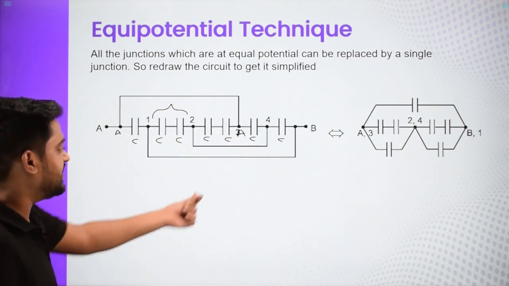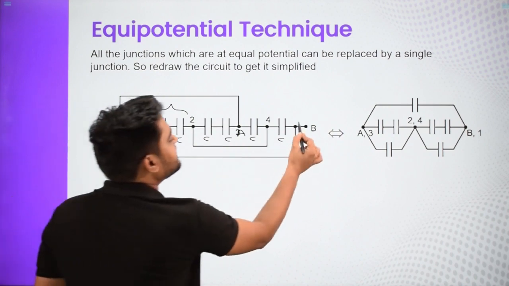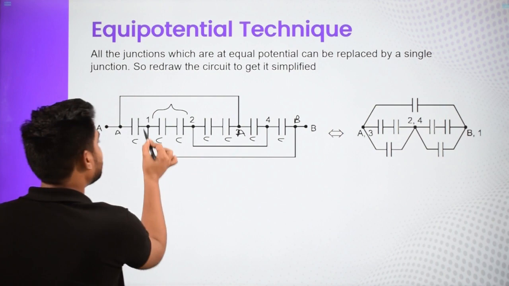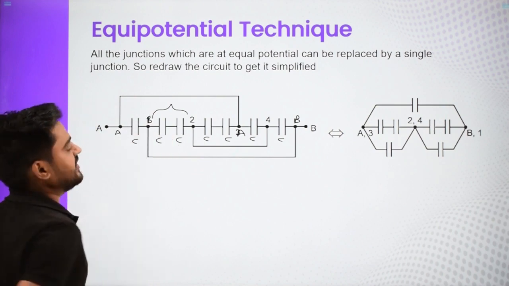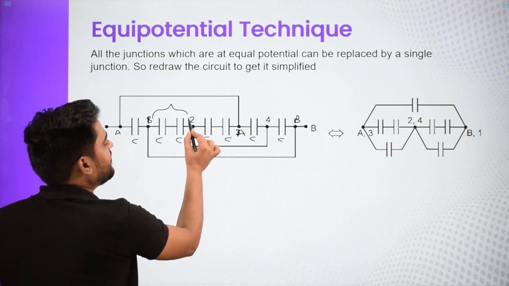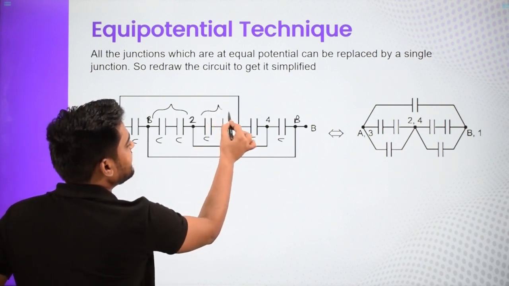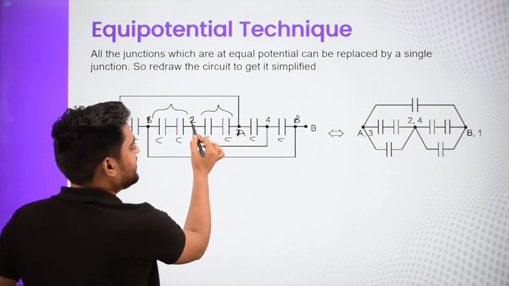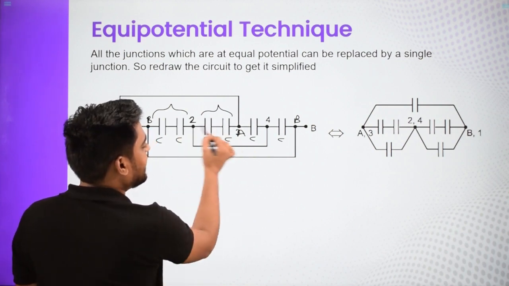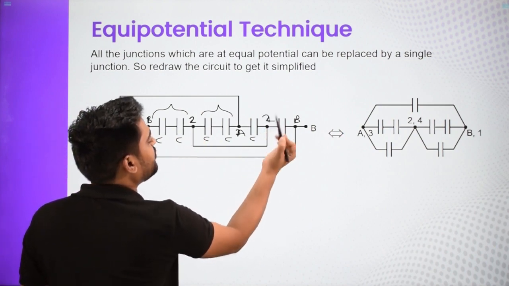So this point is also A. Now this has to be renamed other. If this is B, then this wire is connected over here, so this point is also B. Now this has to be renamed something else, so we have renamed it 2. Then these two are again in series, so I'll just write, from between point 2 to point A, like I'll connect that in, and if this is point 2, then this is also point 2.